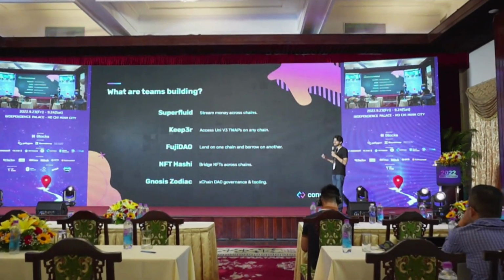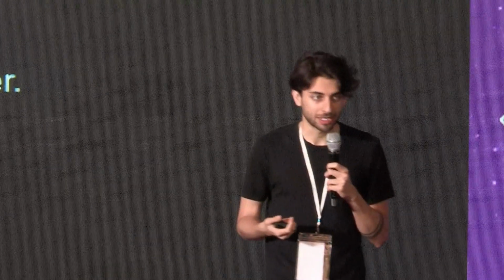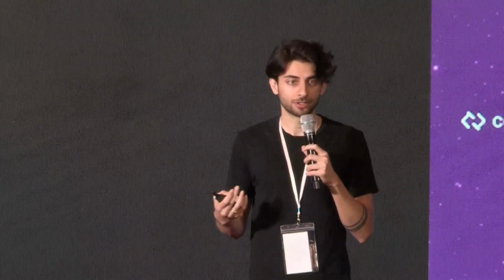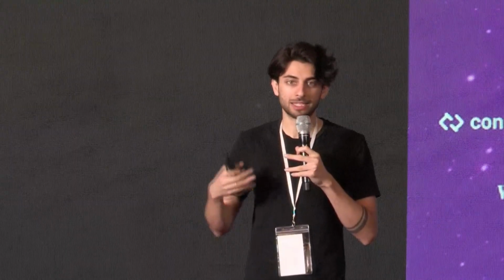Superfluid is basically a money streaming protocol. Instead of paying somebody either upfront or on a monthly recurring basis, you can put money into Superfluid and it pays out money on a per block basis. So it's basically called real-time finance. For example, if I decide to pay somebody $100 over the course of a week, I'm paying them a certain rate per minute. And that person can receive X amount of dollars per minute, and then withdraw everything they have received so far. It's a really low-risk way to do payments, especially in decentralized communities. Connext uses Superfluid to pay about 80 people in our community, and they're paid on a daily basis.